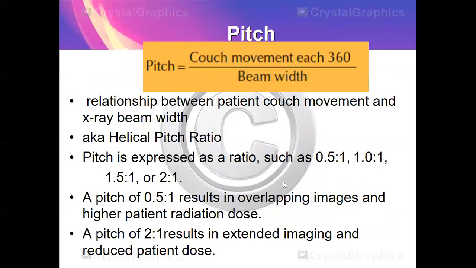Another important term is what we call the pitch. So, pitch refers to the couch movement divided by the beam width. So, it determines the relationship between the patient couch movement, o yung ating indexing kanina, and the X-ray beam width. So, another term for pitch is helical pitch ratio. So, it is expressed in 0.5:1, 1:1,